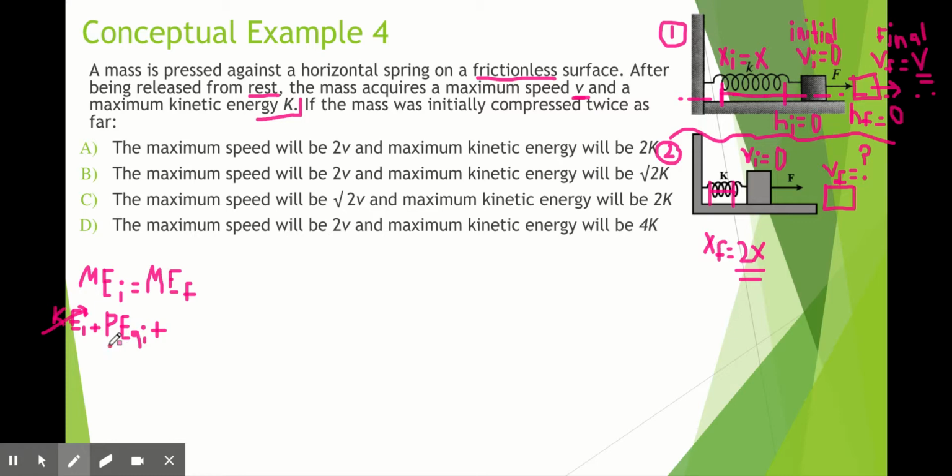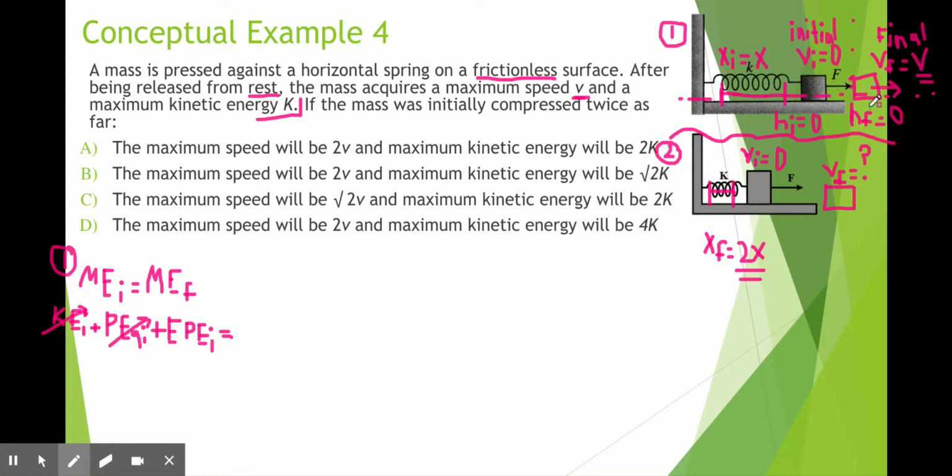Height initial and height final are both 0. So gravitational potential energy will cross out on the left-hand side for initial. But our spring is compressed initially, so we're going to have some elastic potential energy initially. Okay. After, on the final segment of situation 1,